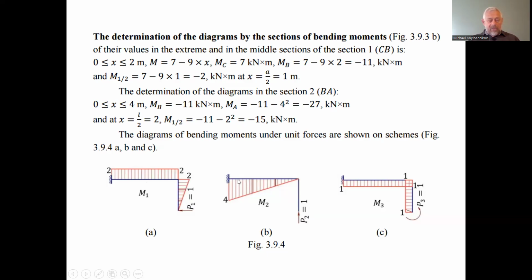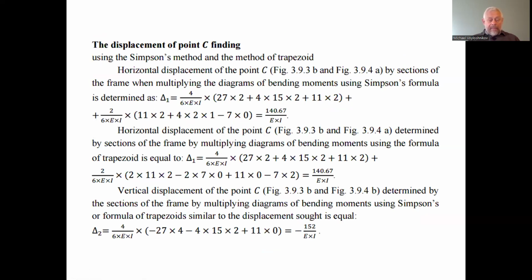And the sign of this diagram is negative if we assume this as well on the stretched fiber. So the first element we determine the diagram, but this is on the other side of the mechanical system. If we assume the first one positive, this one has to be negative. Okay. And what we have